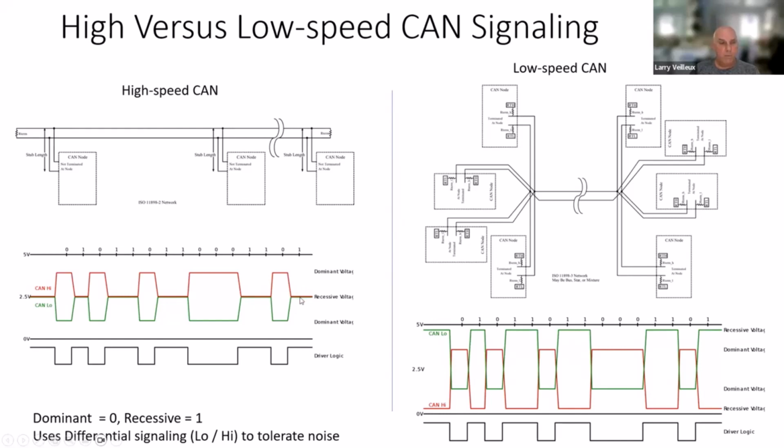And it looks at the difference between them. Well, in a recessive state, there's still no difference, even though their voltage exceeded by 0.5. And same thing with what's called the dominant state, which represents a logical 0, where in this case, 3.5 and 2.5 for CAN high. Again, they'll both just go up by 0.5. So the difference between them is still going to be 2 volts regardless. And so that's the differential signaling aspect of it that helps them tolerate noise and just make the whole system